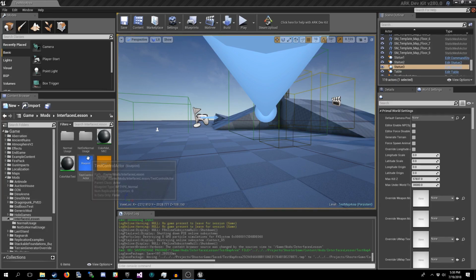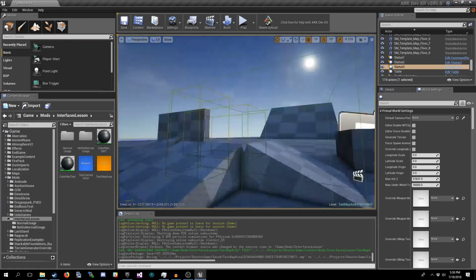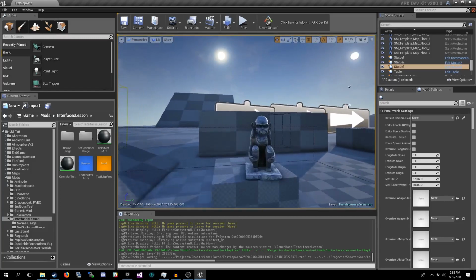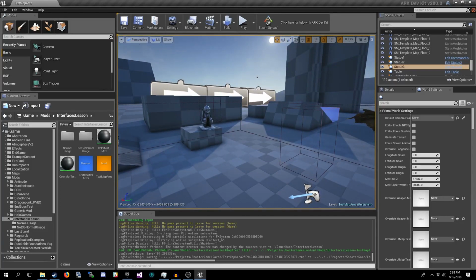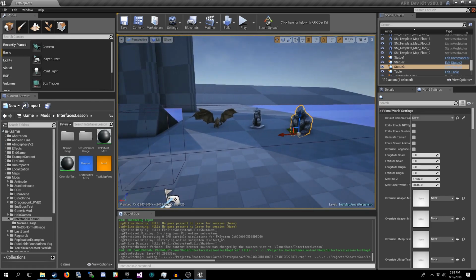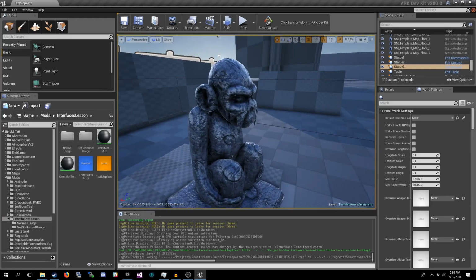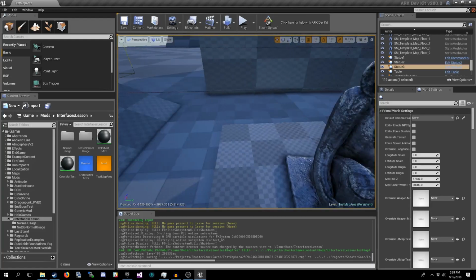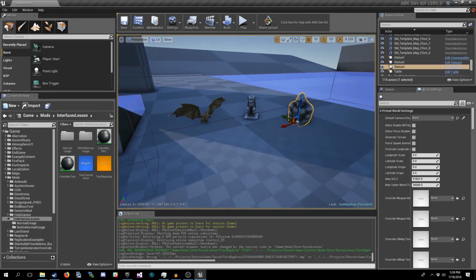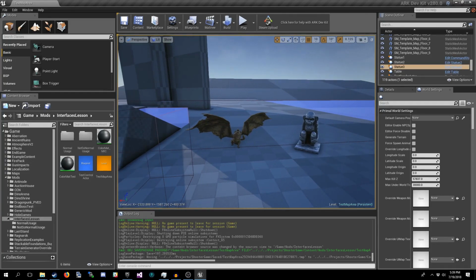Alright, so here we are in the dev kit. Now, these project files are going to be a little bit different than we've done in some of the previous videos, just because trying to set this up in an actual mod would be rather time consuming. So instead, this is going to be an editor only project.